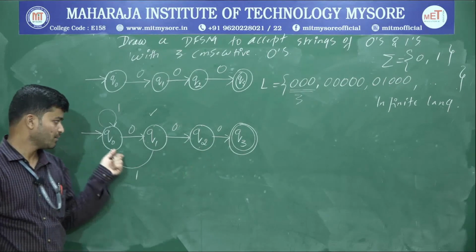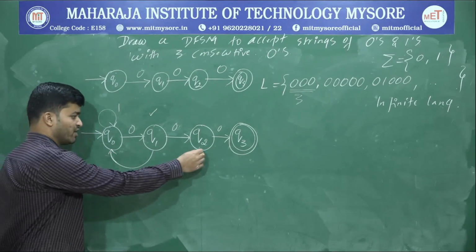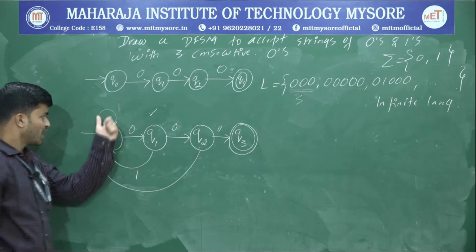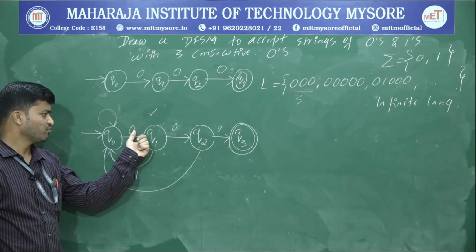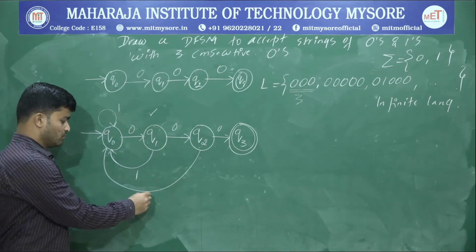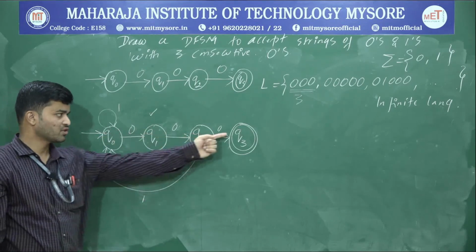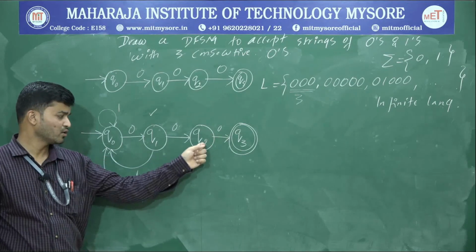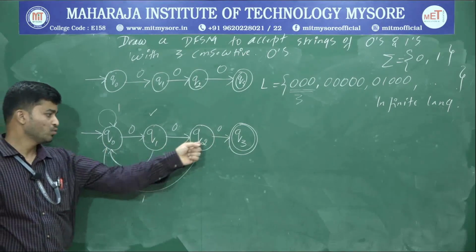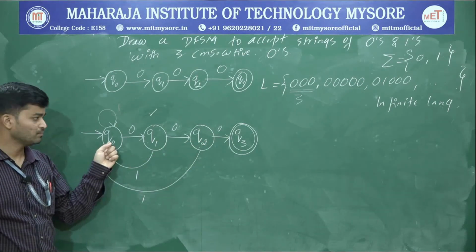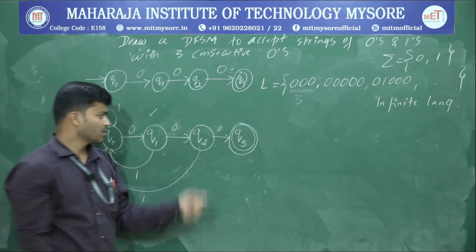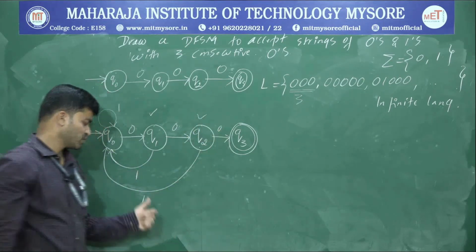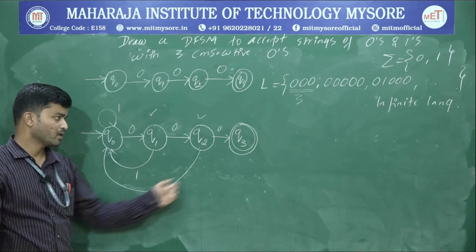Now try to connect with Q0 here. If I connect here to Q0, what will happen? Starting I may have n number of ones followed by 2 zeros, then 1. Before going to the accepting state, it will accept 3 zeros, 3 consecutive zeros. Therefore, connecting Q2 upon 1 to Q0 is a valid option. Okay, now Q2 is also over. Why? Because there is a path for 0 as well as 1.